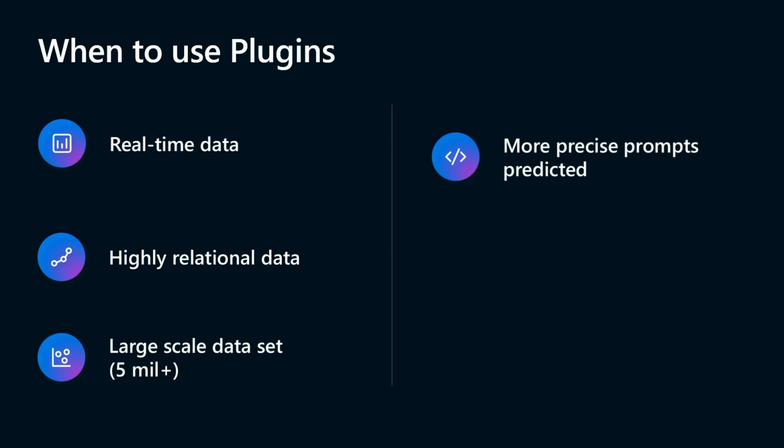Plugins really rely on you understanding the precision of the prompts your user is going to ask. Show me the latest issues I'm assigned to. Show me the projects that I'm assigned to. What are the latest orders that have been entered into the system? And the nice thing about plugins is, as well as being able to summarize the data that it can reach out to through those APIs, you can also do actions on it.